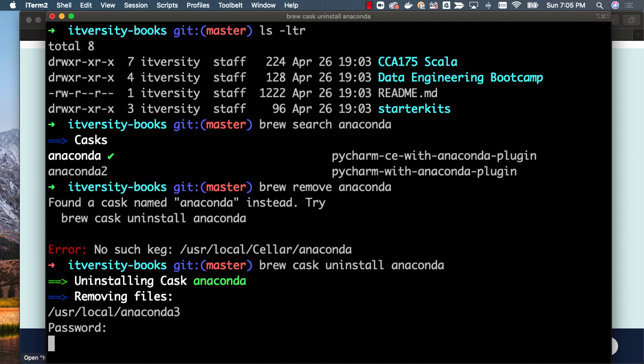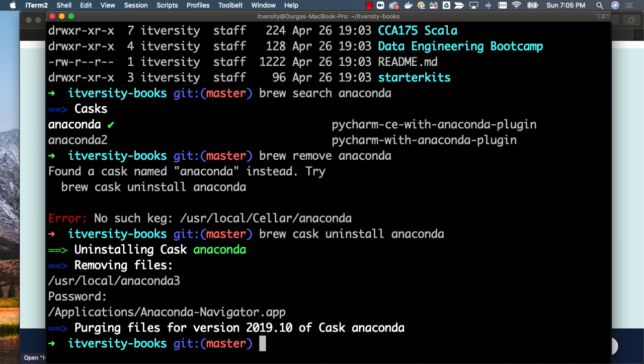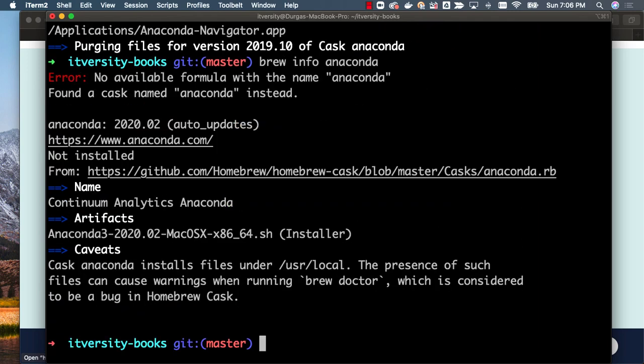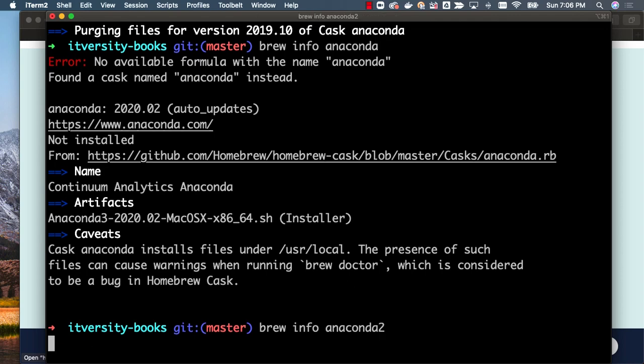However, this is the latest one. Actually, it is Anaconda 3. Anaconda 3 is the most appropriate one. Ideally, I should have Anaconda only, not Anaconda 2. But let it uninstall, then I will install once again, and I will demonstrate how to use it to access the notebooks which are already cloned onto this Mac. To get more details of these repositories, you can say brew info Anaconda, or for casks, you can say brew info Anaconda and Anaconda 2, and get the details.